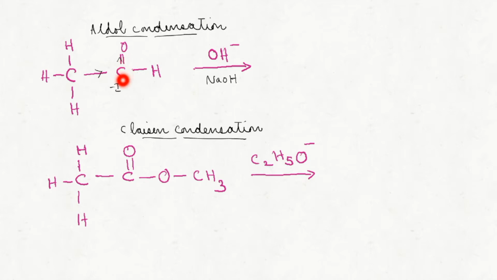This carbonyl group, because of its minus I effect, will be pulling the electron density towards itself from the adjacent alpha carbon atom. Thereby, the electron density between this alpha hydrogen and alpha carbon also will be pulled towards itself, because of the minus I effect of this carbonyl group. As a result, this hydrogen can be easily removed as an H plus ion, or we will say this one will be more acidic. But in the Claisen condensation reaction, we are using an ester.